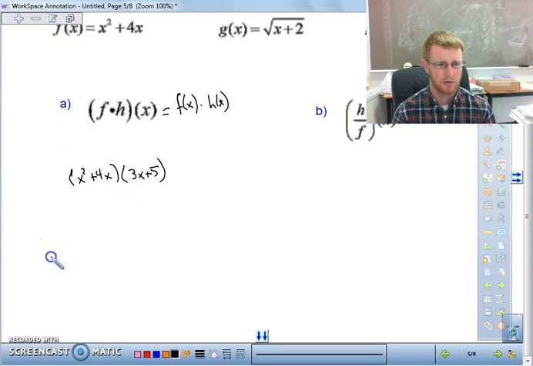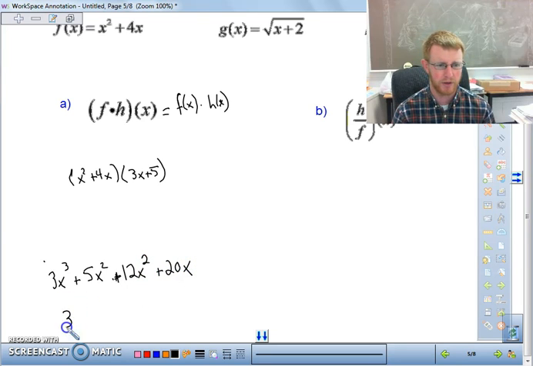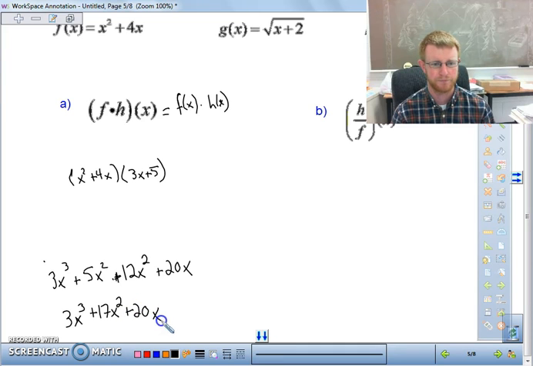We get x squared times 3x is 3x to the third plus 5x squared plus 12x squared plus 20x. Combine our middle terms and we get 3x to the third plus 17x squared plus 20x. As simple as that. So for the next one,